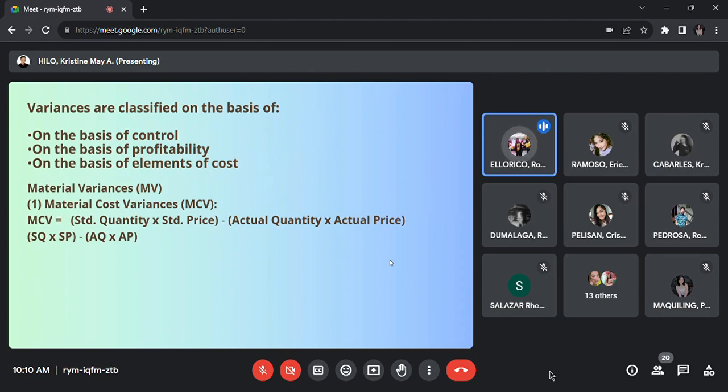So variances are classified on the basis of control, of profitability, and also the elements of cost. So on the basis of control, variance may be classified as controllable variance and uncontrollable variance. While on the basis of profitability, variance may be classified into two, which is the favorable variance and the unfavorable variance. While on the basis of elements of cost, there are different types